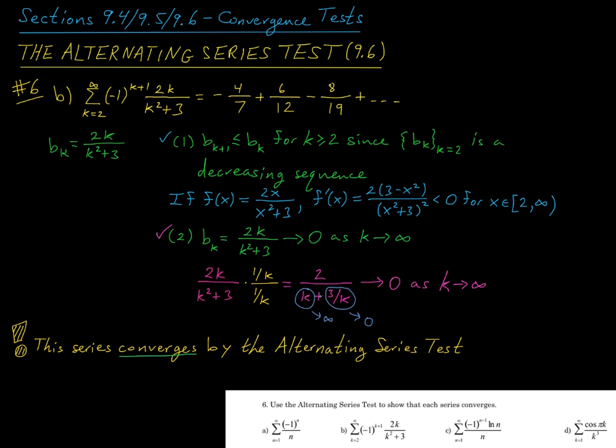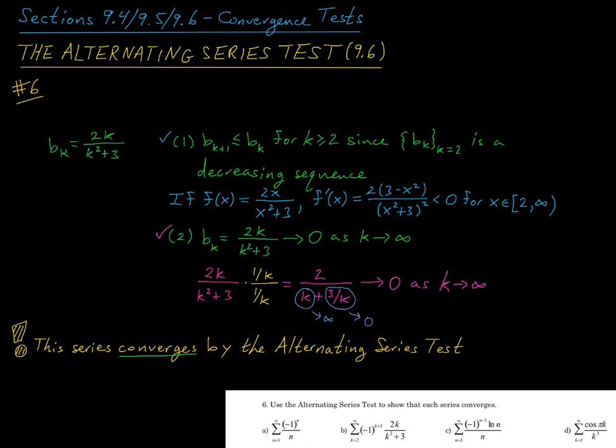So this is 2 over k plus 3 over k, and here k is approaching infinity. 3 over k is approaching 0, so this denominator is approaching infinity, and so 2 over this expression will approach 0 as k approaches infinity. So the second condition is also satisfied, and again we conclude that this series converges by the alternating series